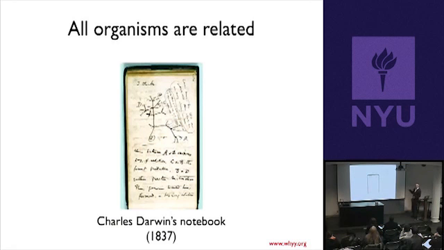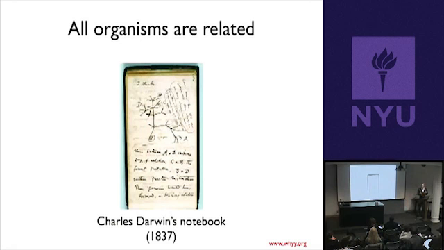And you can see how he sketched. He wrote, "I think," so here's my idea, "I think," right? And then he drew this tree. And what he was representing by this tree was relationships between organisms. And as you know, The Origin of Species, which is Darwin's book that came out in 1859, that was the product of his thinking, was a very controversial book. Darwin took a lot of heat for it. He continues to take a lot of heat for it, unfortunately.